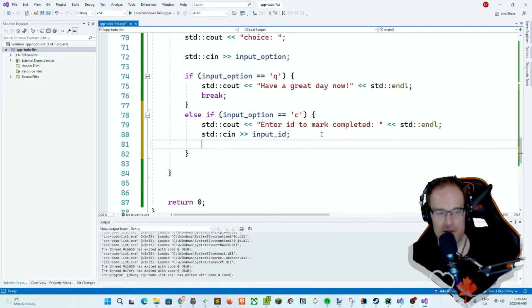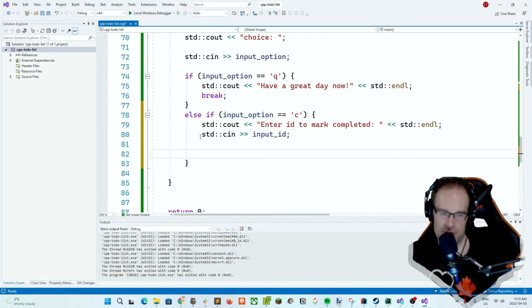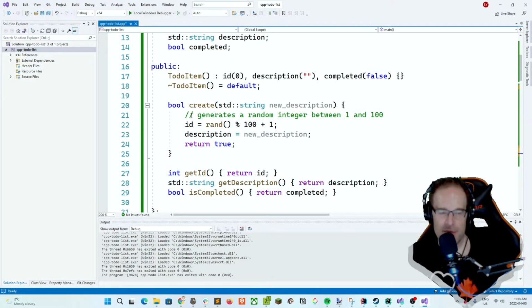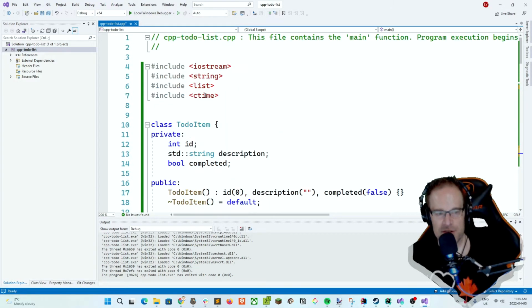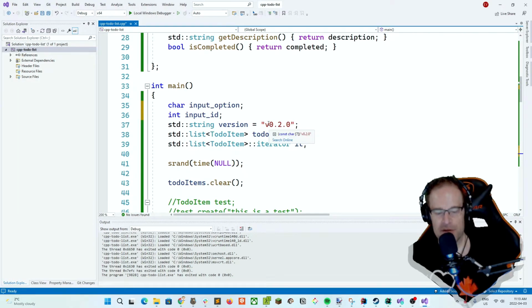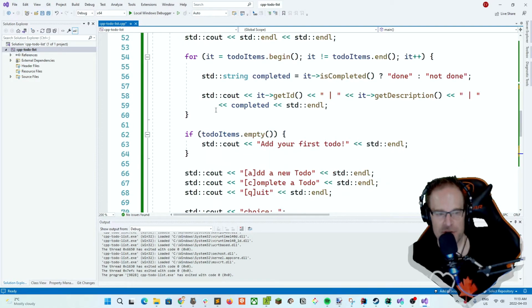And then what we're going to do, now there's various ways of iterating through and finding an item within your standard list with the C++ standard list functions available to us. But I think to keep things really simple for this tutorial,